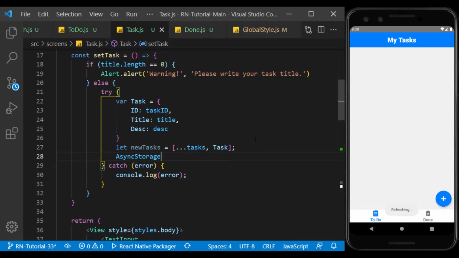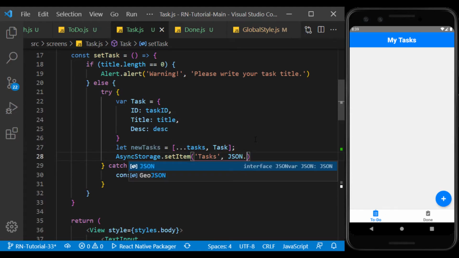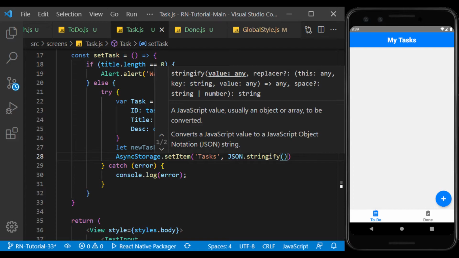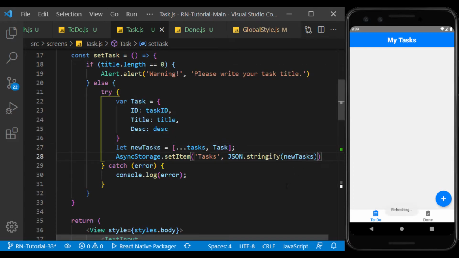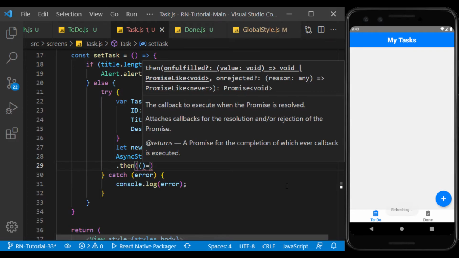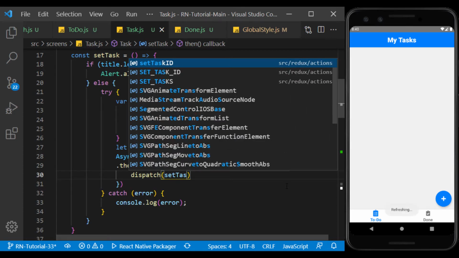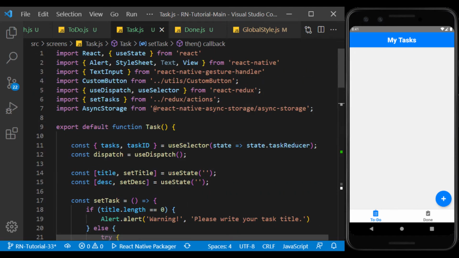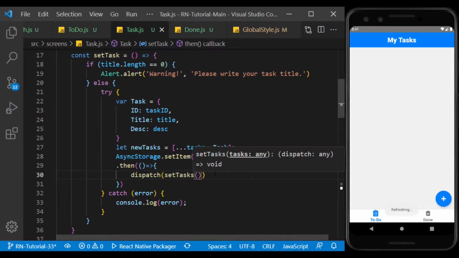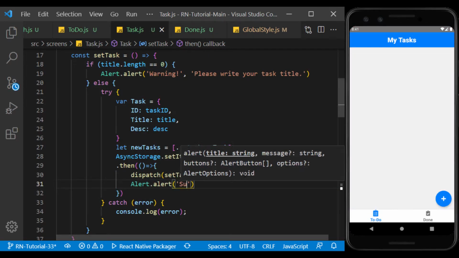Now using async storage, we save the list of new tasks on the tasks key using JSON. If the save is successful, we will also update it in the state. And display a successful message to the user.